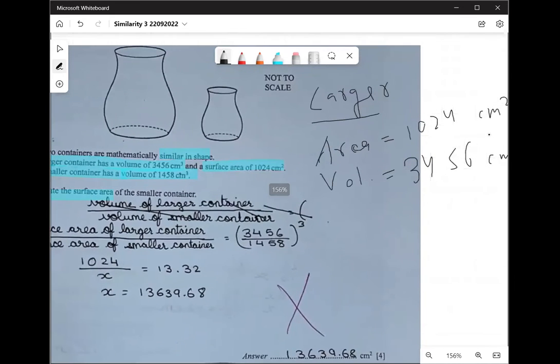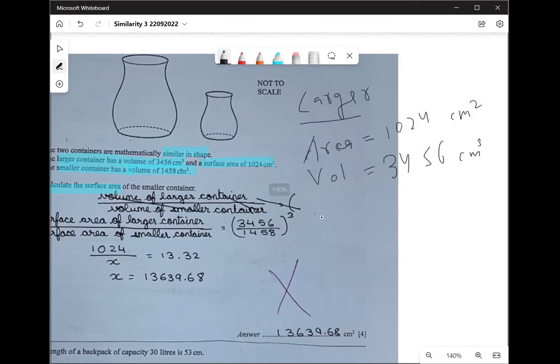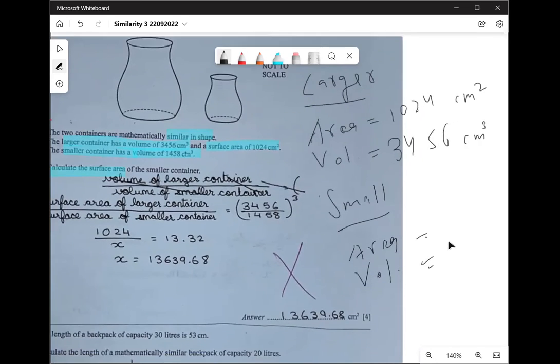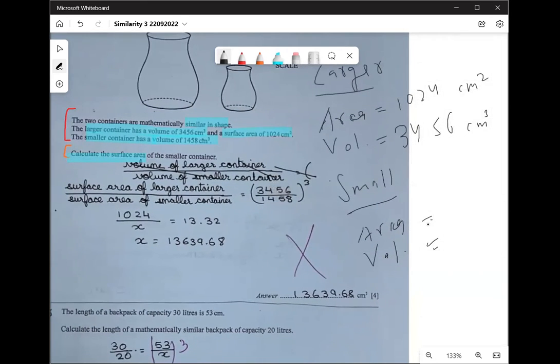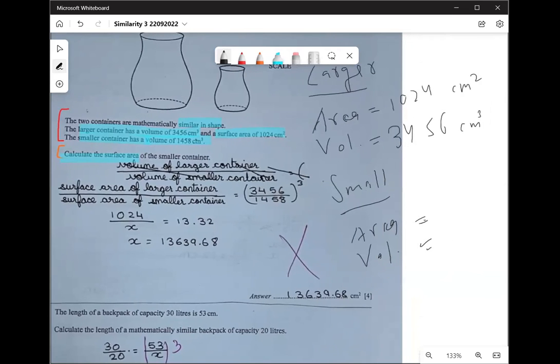Now, whatever is square is always area, cube is always volume. Let's find for the smaller one. For the small one, we have the area and volume. What is given in the question to us? Is area given? No. Is volume given? Yes. How much is it? 1,458. Rachit, I want you to solve the question. I know you can do this quickly, right? So solve the question. Now, volume is